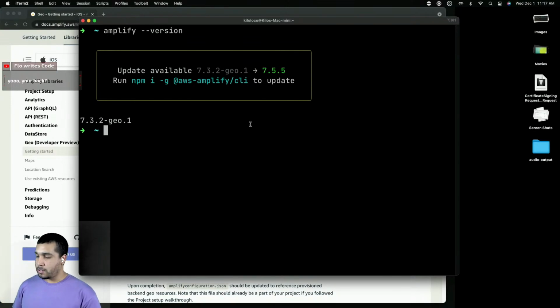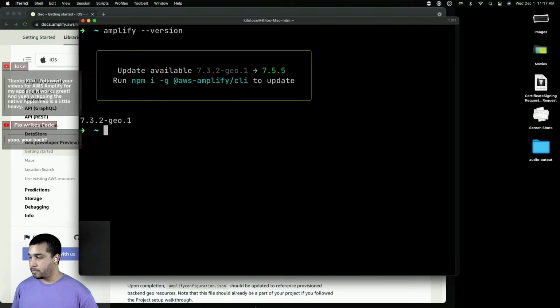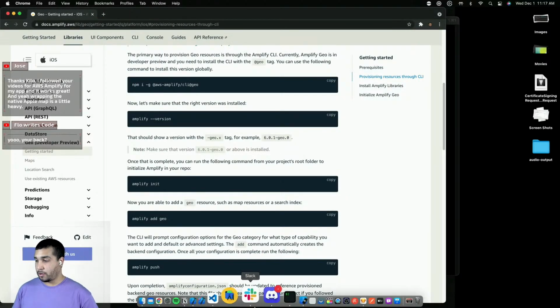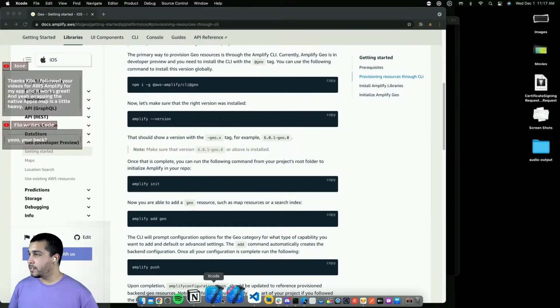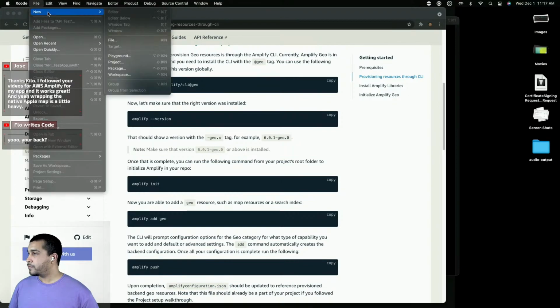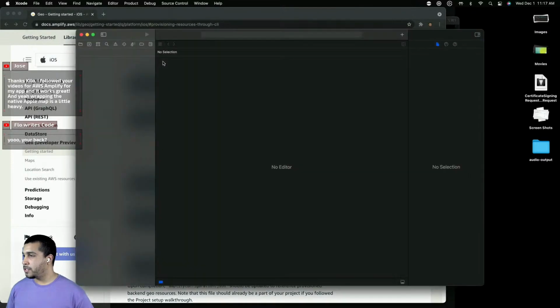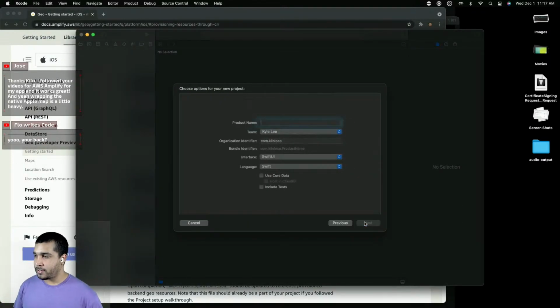All right, so this is the part where, well, first we need an Xcode project, right? Let me see. We want to make a new project. We'll call this